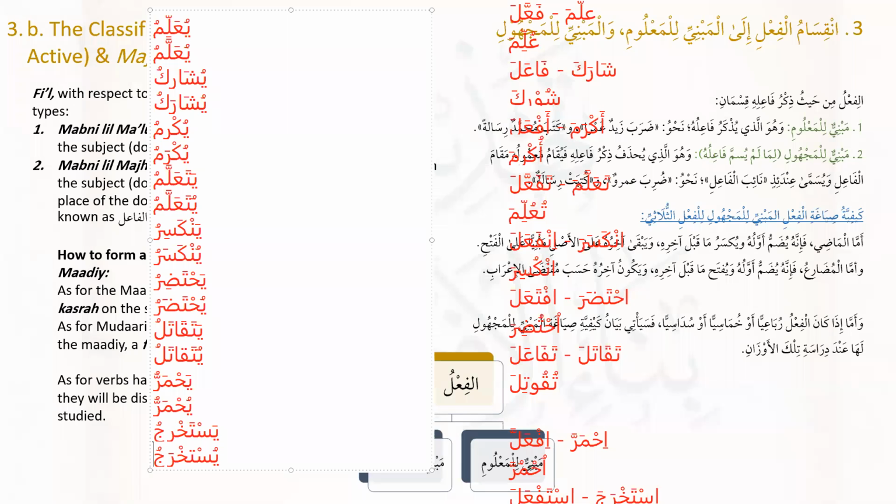That's where you put an additional dhamma. Instead of saying تعلم, you say تعلم. Instead of saying تقاتل, you say تقوتل. And that's the only place where we are having some trouble. As for sharaka, it becomes shurika. That, alhamdulillah, you were able to judge it, it came naturally to you, so this isn't difficult. Likewise, شارك, that's it. So شارك يشارك isn't that much of a problem. The only problem we had was with تعلم and تقوتل.